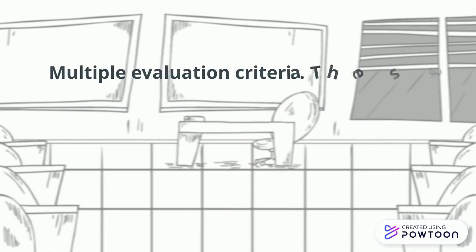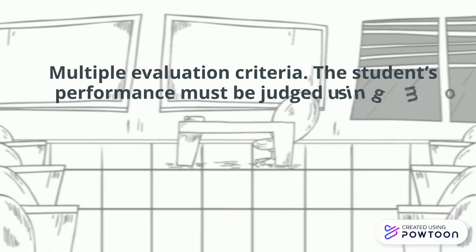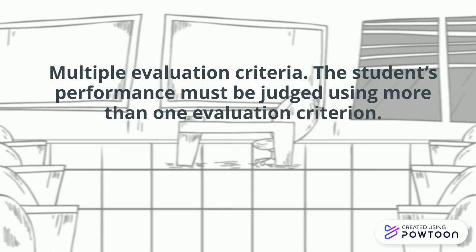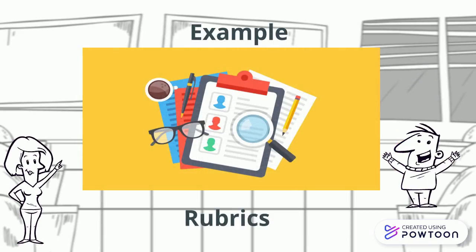For the multiple evaluation criteria, the student's performance must be judged using more than one evaluation criterion. So an example of this is rubrics. So in a rubric, there is not only one criterion to be judged. So it comes in different criteria. So for example, if the main objective of the teacher is to measure or to test the communication skills of the students, so the criteria may have conciseness